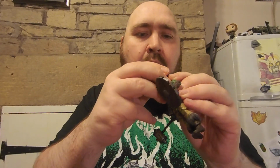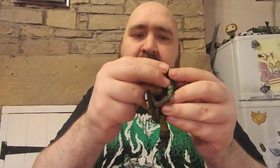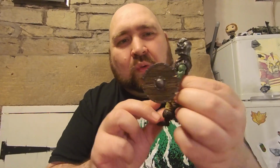So if you don't like him just with his head, his face showing, you can bang a visor on again. It's a lot easier to do. I'm not on camera, but I have found it a little bit, not quite perfected, even in hand, getting this visor on. So you can have this skull face, and if you've seen Willow, that is very much the bad guy from Willow. What's more like the bad guy from Willow is if you do the other visor,